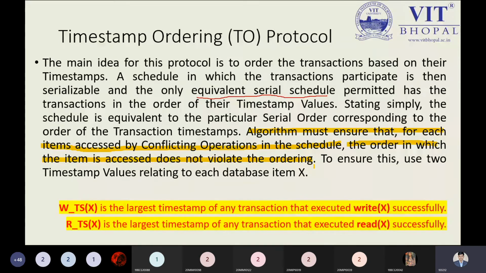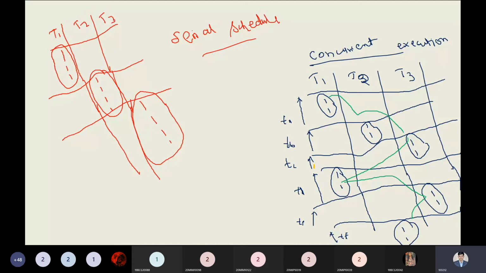Now, coming to the point, timestamp ordering. Timestamp ordering is a protocol required to maintain the order of the timestamps, and this timestamp is allocated to our data item on which we perform our operations, those are the read and write operations. Okay, so after this point, let us understand this. This is a concept I have discussed in my other slots. So if I have a schedule, T1, T2, T3 are three different transactions. This is the point we have to keep in mind.